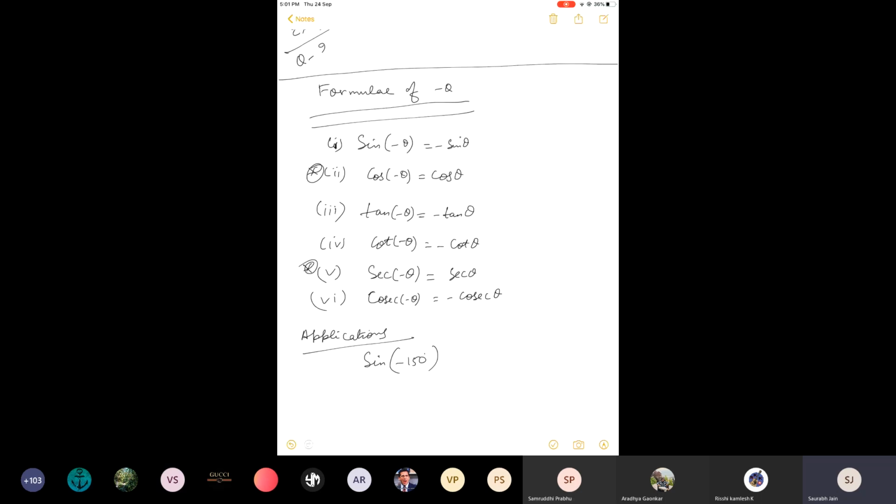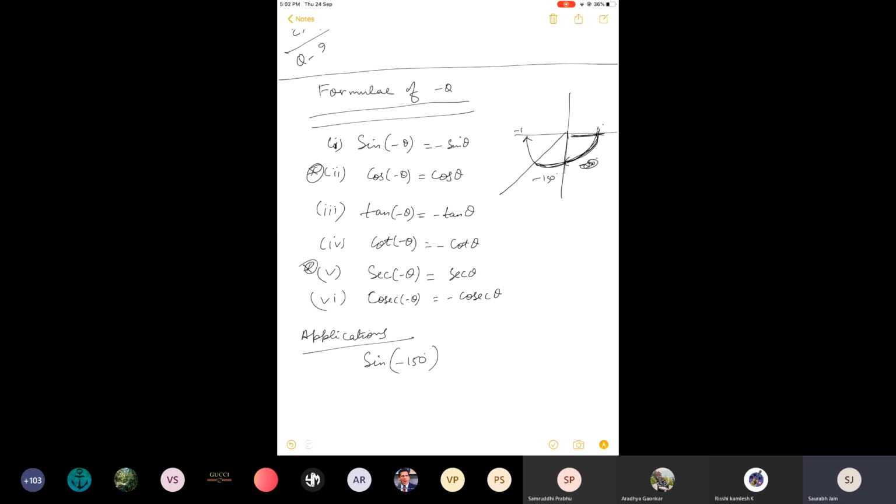Why? See, this is 0 degree, the initial side. Move it like this, this is minus 90, clockwise direction. Rotate some more. This angle, this angle, this angle. This is minus 150 degree, the whole angle. The negative sign shows that it is clockwise direction. Because from here to here, this is minus 180 degree, okay?